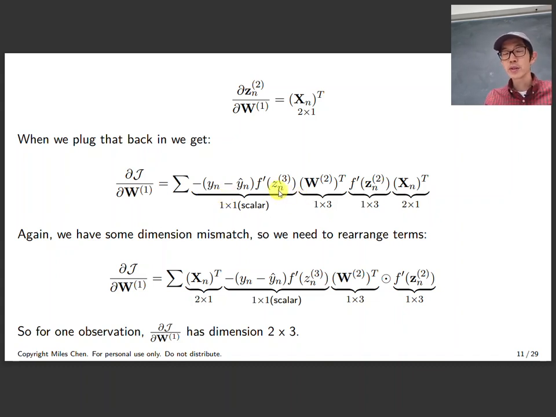With Zn2, there are 3 elements, and if I want just the top left corner, then you would use the first element in Zn2, because it's a 1 by 3, you would just use the first one. And then if I just want the top left corner, which element in Xn transpose? You just use the top one. And so you could break this down into all 6 components of this